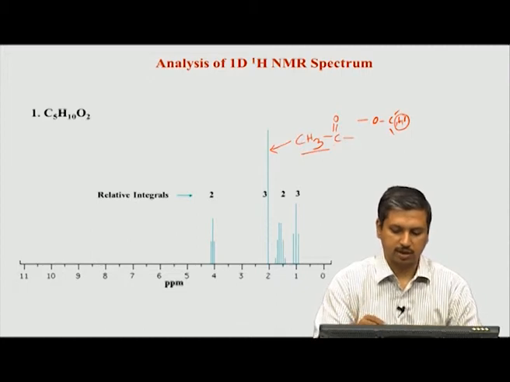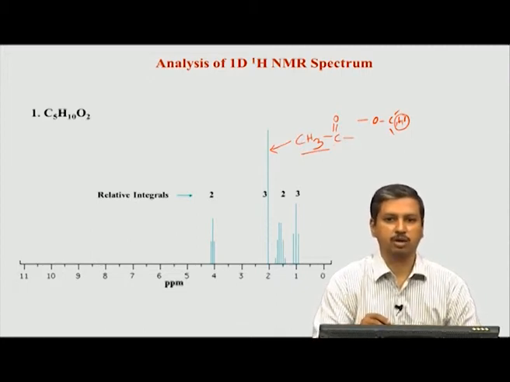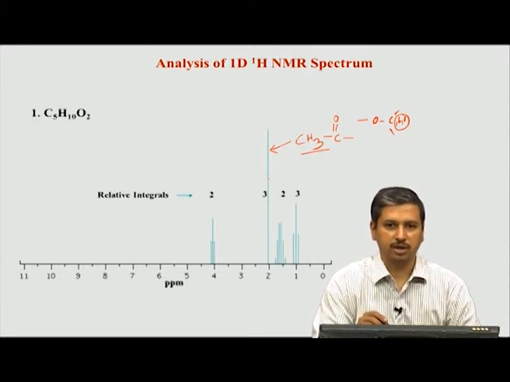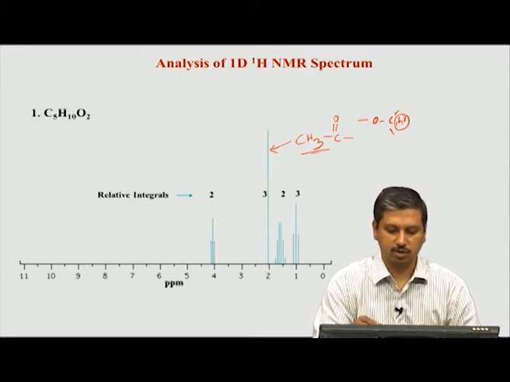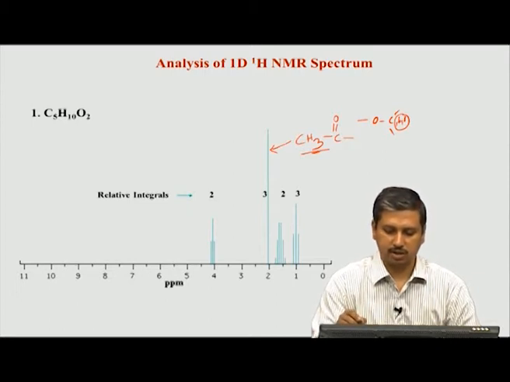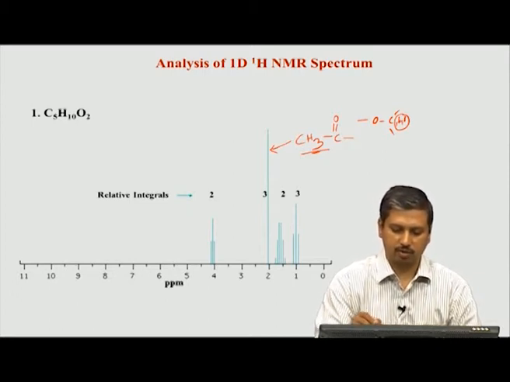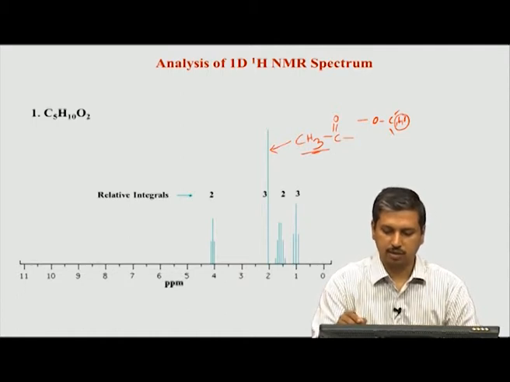So, this is basically the way to interpret this particular peak, which is showing a singlet, a tall peak, and it has integration 3. So, 3 corresponds to 3 hydrogens. Now we can see that there are two things: there is this particular functional group, and there is also a COCH here which is shown on the right side.